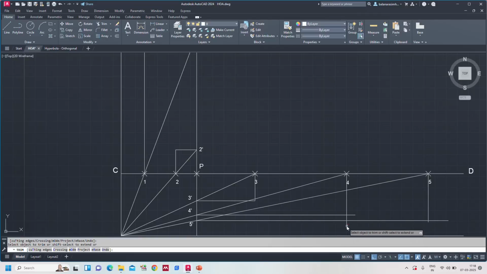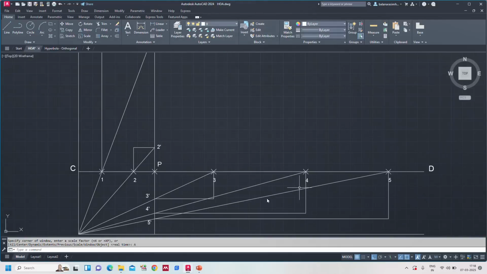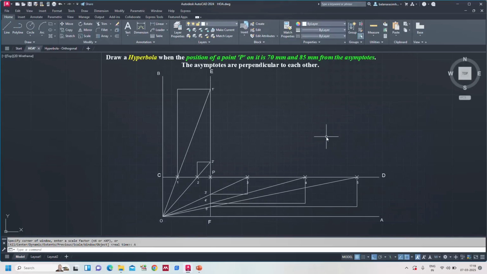Coming to 4 and 4 dash, I made it. Coming to 5 and 5 dash. See how nicely we made it. Perfectly 4 and 4 dash, perfectly 5 and 5 dash, perfectly 3 and 3 dash. So this is one method to make these points. Just by drawing the horizontal lines and then vertical lines and trimming the unnecessary parts, we can make the